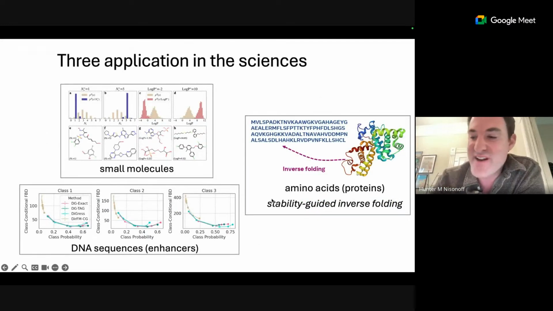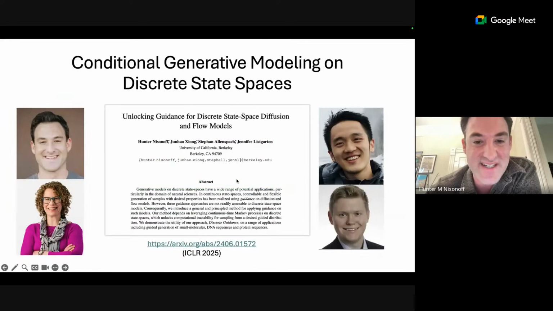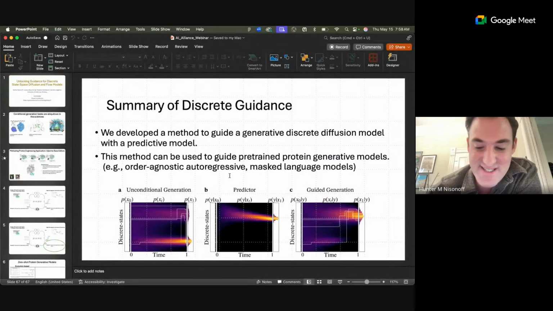And I'm sorry that I don't really have time to get into these experiments too much, but the application here was to use these methods for different scientific applications, such as conditional generation of protein sequences, conditioned on, say, the property that they're stable, or in small molecules, we had a small example where we generated different molecules conditioned on various toy properties like the number of rings of these molecules or the log P, lipophilicity of these molecules. But in the interest of time, I'm going to skip over this and